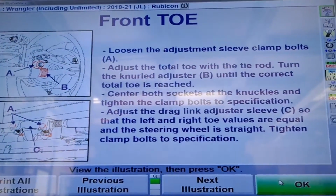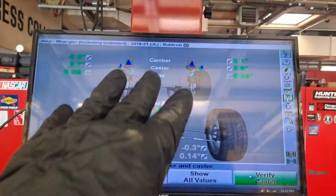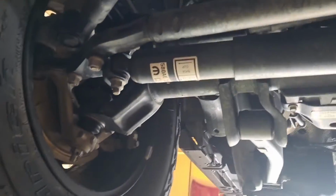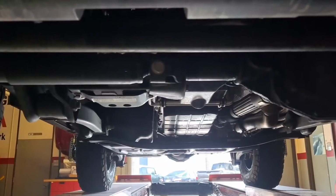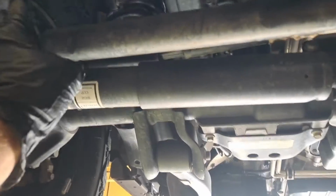And it's kind of hard to understand looking at the pictures in the manual, so I just did it. I've got my numbers really where I want them, but I'm going to show you. So check this piece out. Alright, so on this one, if you look,